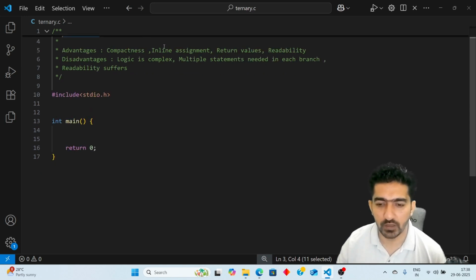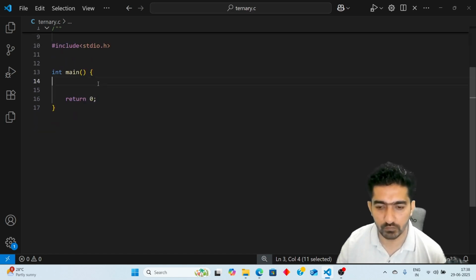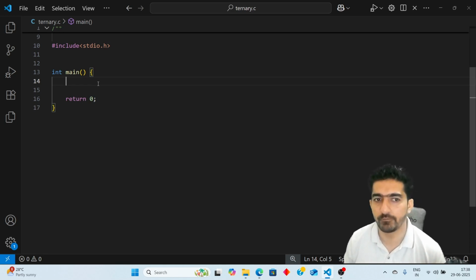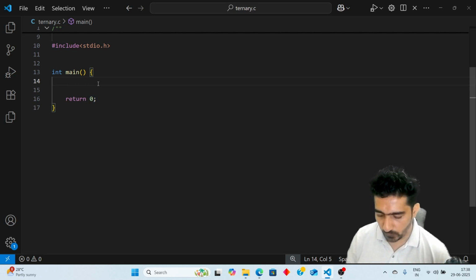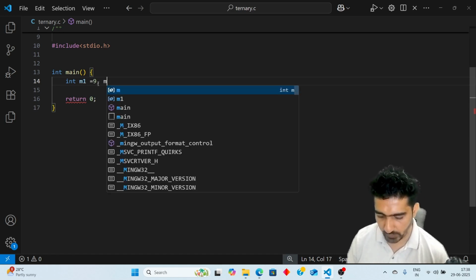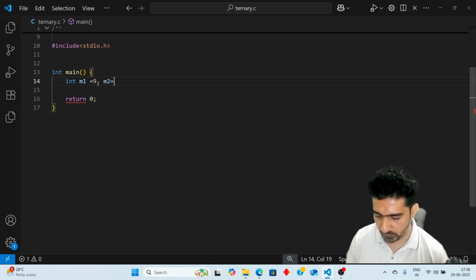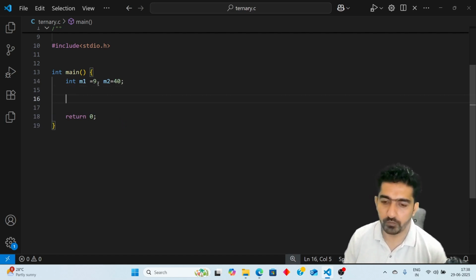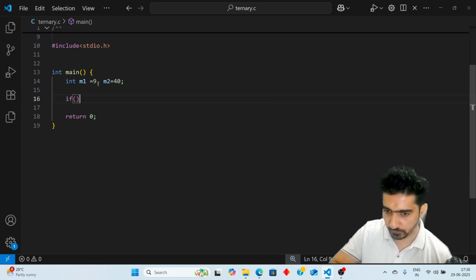So let's have a program in which we have to find the maximum of two numbers. Okay, so what I can do is, integer max one is equal to 9, comma max two is equal to 40. Okay. So if I have to do it with the if else statement, what I have to do, if